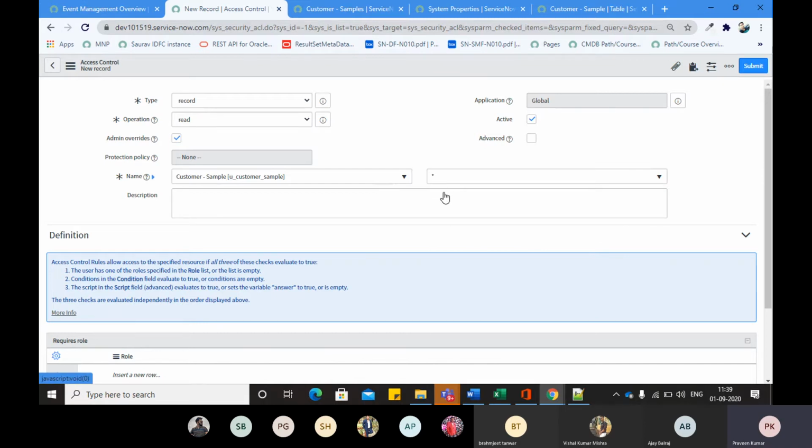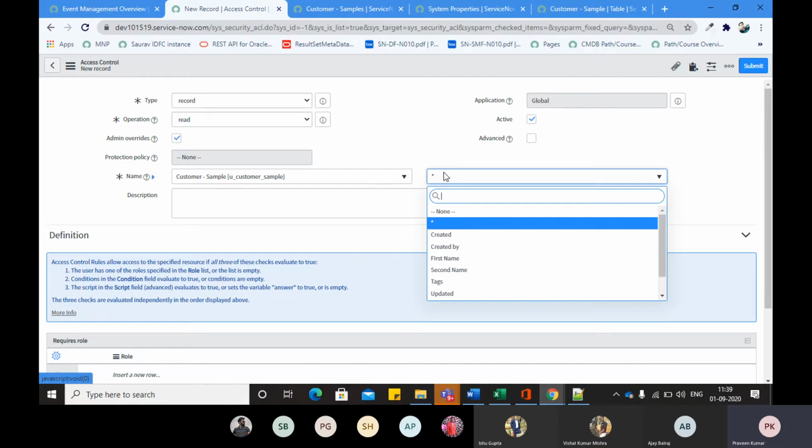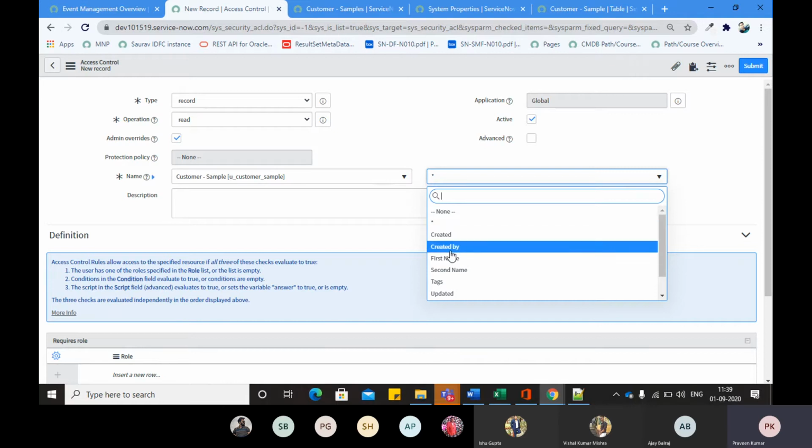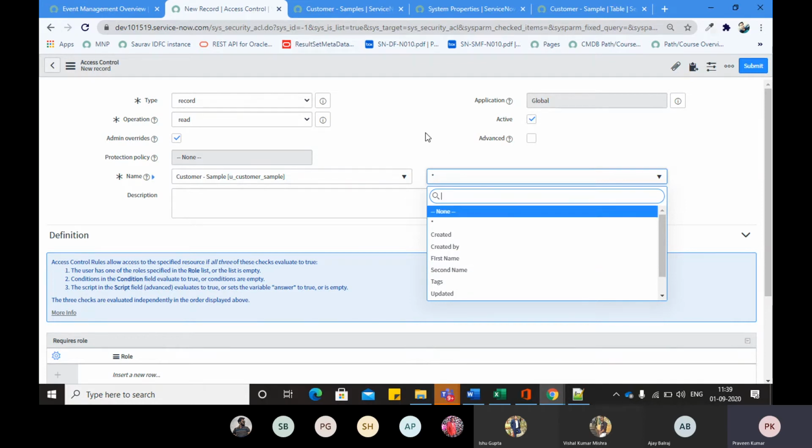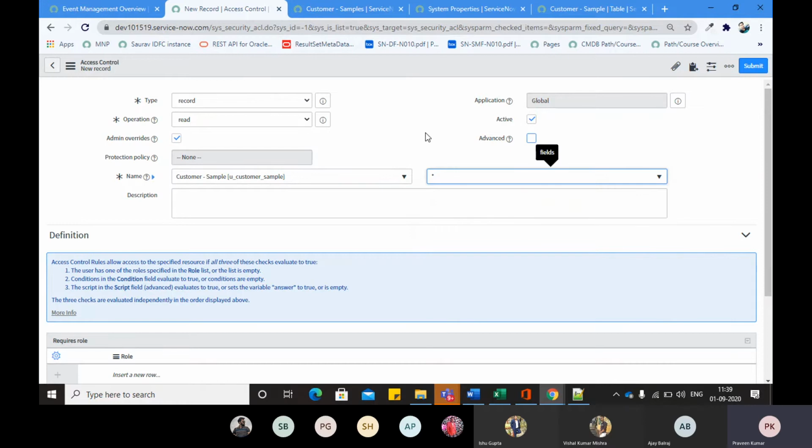Star means field-level access, none means only table-level access. So none is table level, star is all the fields. Star will represent all the fields. If I select a single field, then this ACL is dedicated to the security of that single field only. Getting it? That is how we have to understand it.